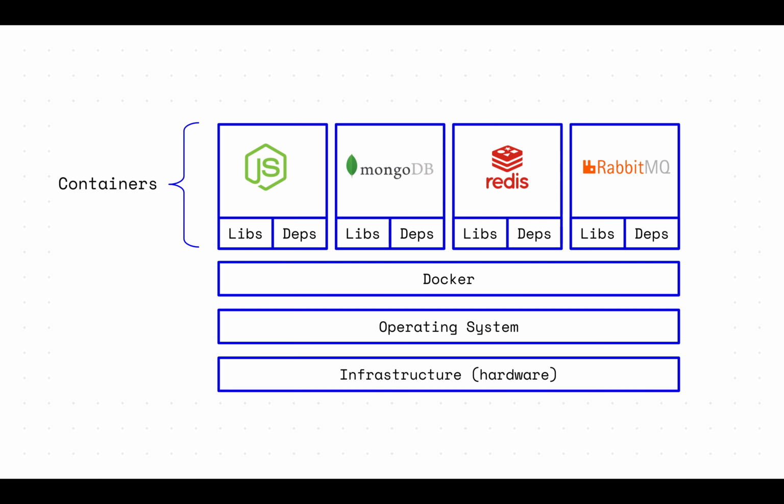The advent of containers, Docker, which is the most popular one, you can isolate these libraries and dependencies of each of these technologies, give them different versions of libraries, different versions of dependencies, and they are all running on a common technology called Docker. Docker then sits on the operating system, whatever operating system, Windows, Ubuntu, any operating system, and you don't really need to worry yourself about the underlying infrastructure.